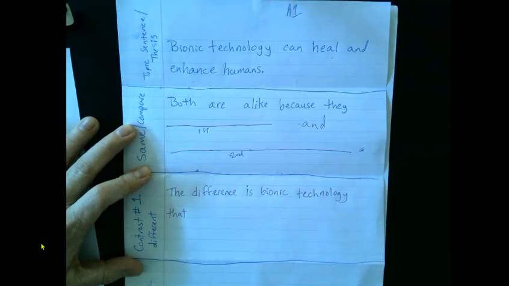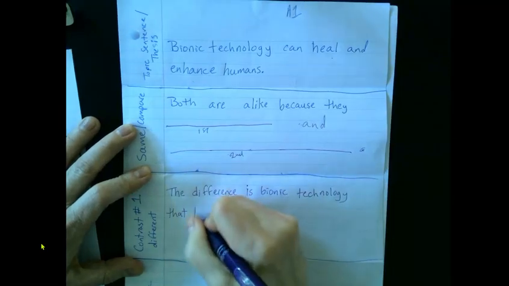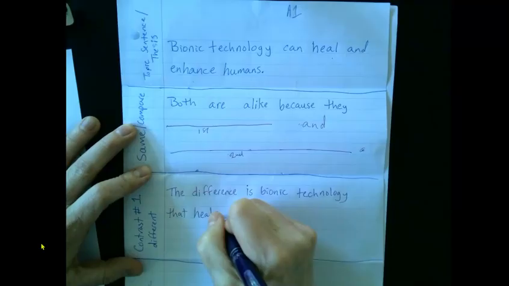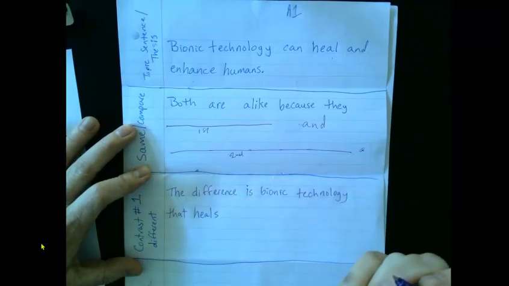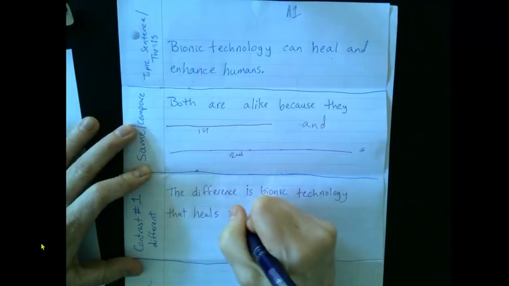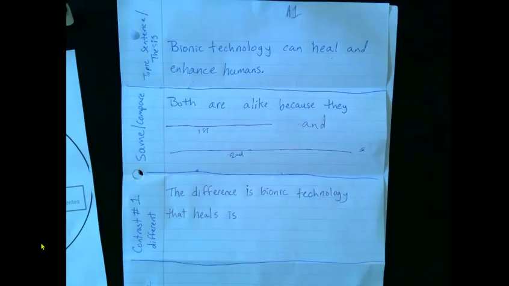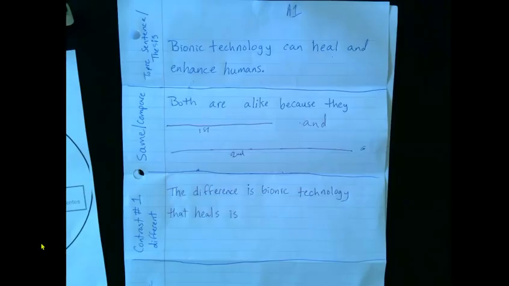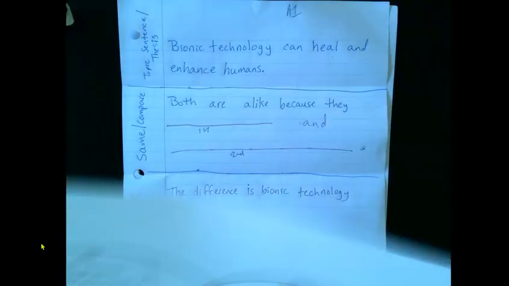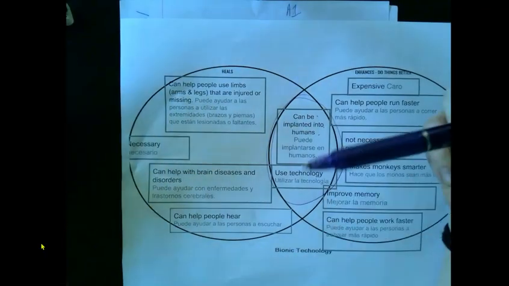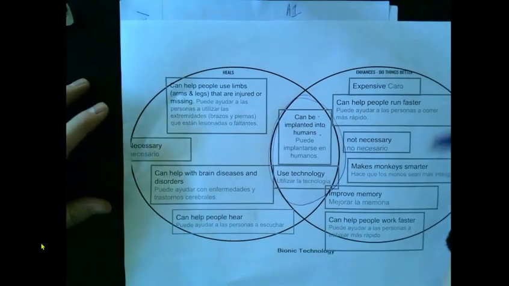It's logical. That heals is, and we're going to find 2 different things to talk about. So what you can do is, we'll actually pause and copy. So pause and copy this. Okay, so now that you're back, you're going to look under heals, and you're going to choose 2 different things, like